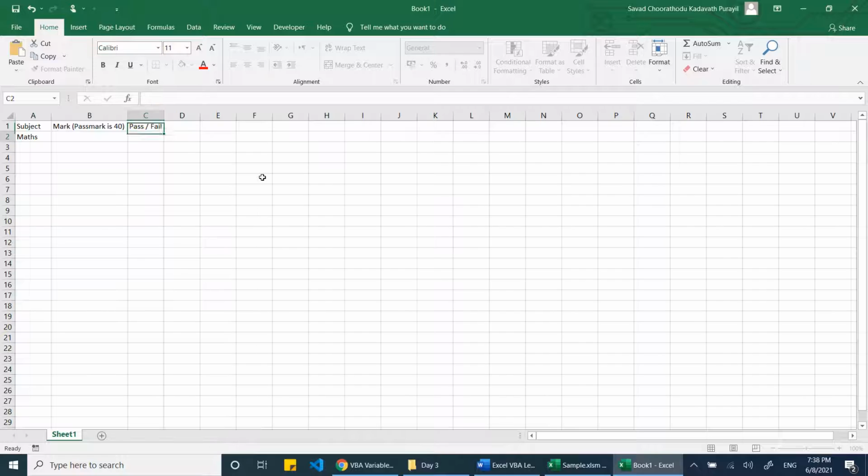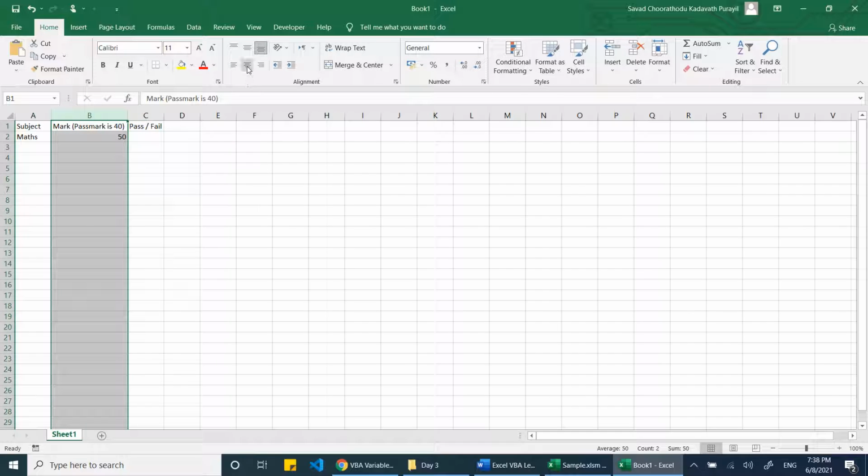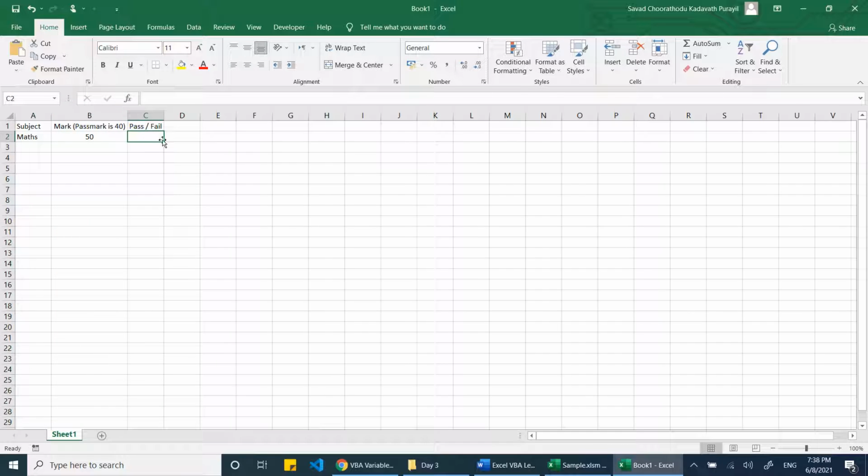Pass or fail. Now you can see the person has 50 marks. Now we want to write whether the person has passed or failed. So instead of typing manually, we can do a condition here where the condition will automatically give the result whether the person has passed or not. For that, we will use the if condition.